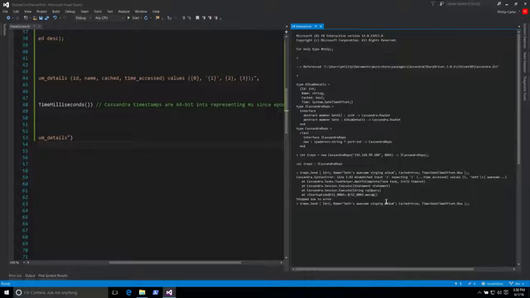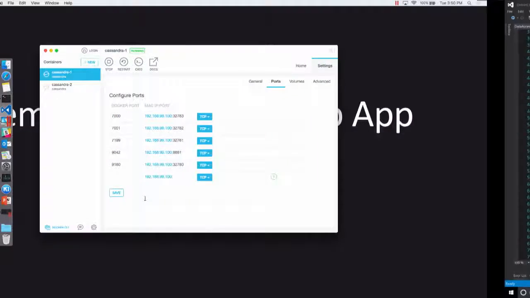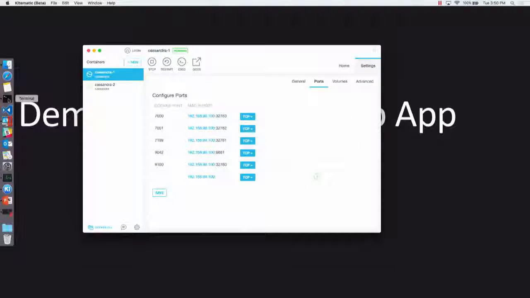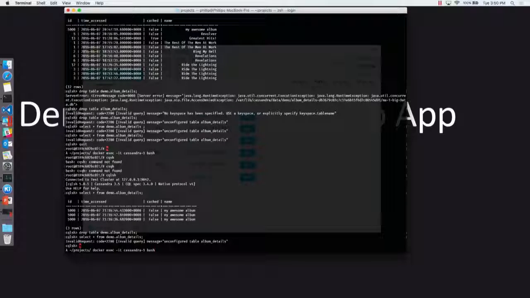So I didn't escape things properly, so I'm just going to misspell that. Nice. There we go. Beautiful. So now it's sent. And so the way that we know that that actually worked is I'm going to connect